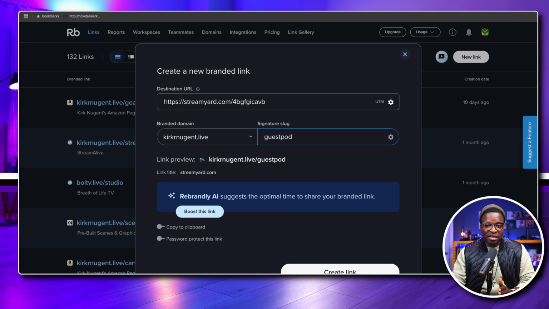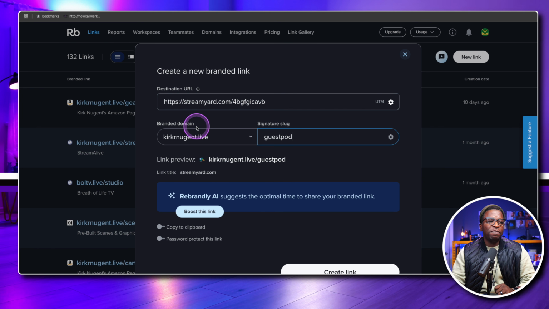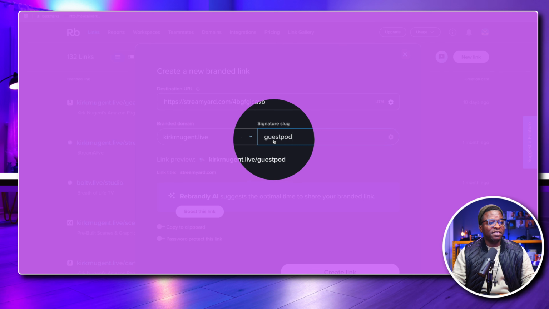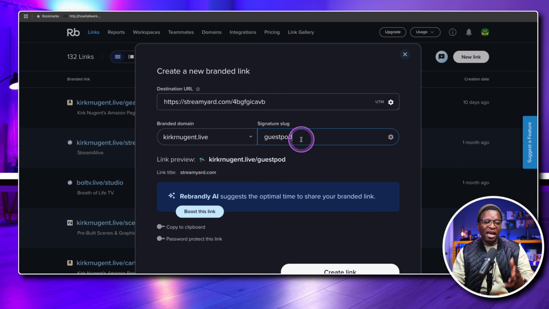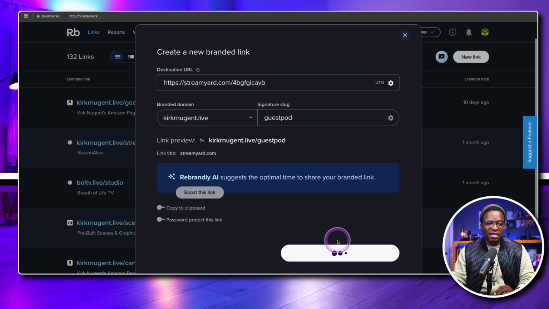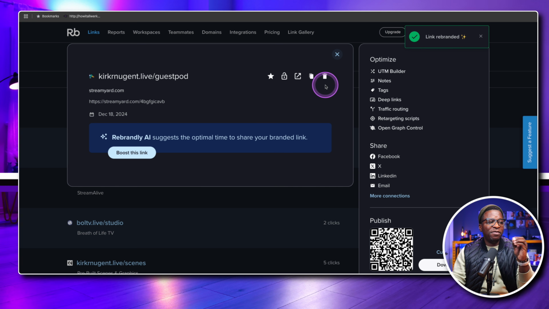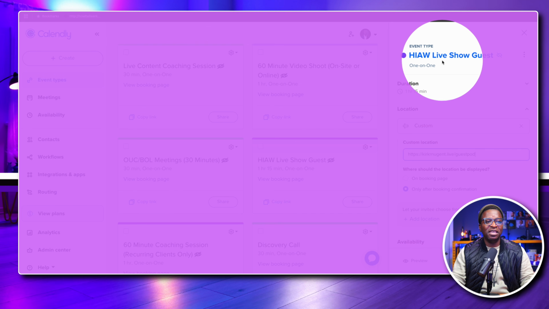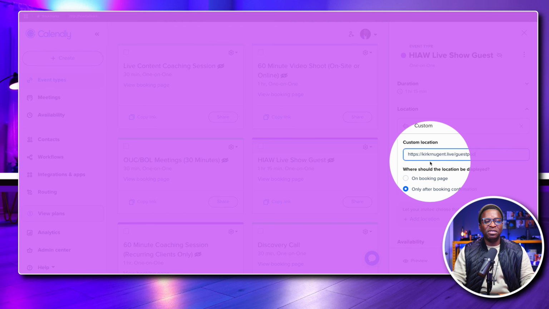So what that means is I can actually take this link that's here, copy it, go over to my Rebrandly, paste this link in here as a branded link, and create my branded link, which would be kirkarnugent.live/guestpod. So now if I create that link, it will have that set up and I can use it in Calendly, which is where I do my guests for my live shows. You can see here, HIW live show guest, and you can see here,